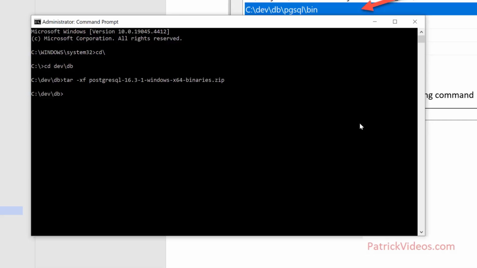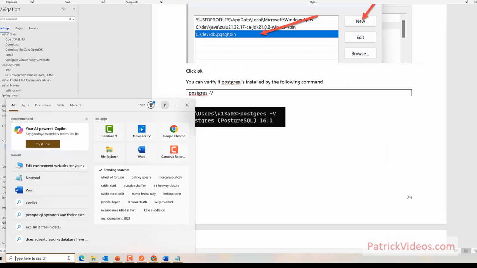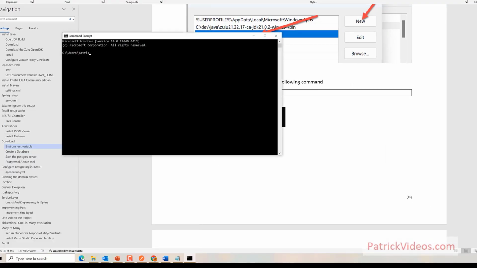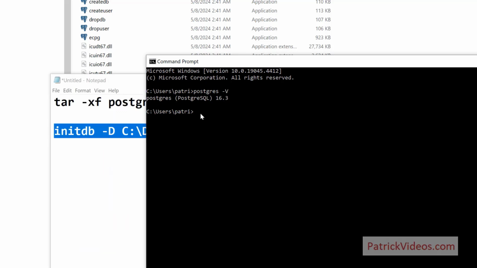To verify if Postgres has been installed successfully, let's close this, open the command prompt again. And in the command prompt, type in postgres -v. And you can see that Postgres 16.3 has been installed. Now that we have verified that we have the database server installed, let us now create a database in the database server. To do that, enter this command, initdb -D the location of the database